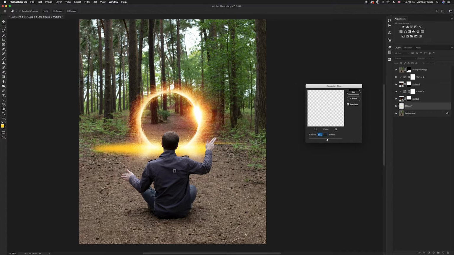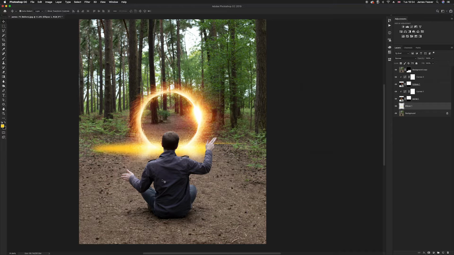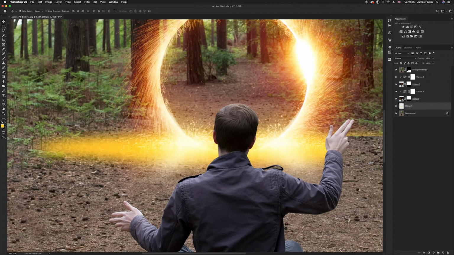Obviously we can move it around, so as you can see, if we add more, it adds more blur, and if we add less, it adds less blur. But around 50 pixels for this particular image I think works best. And as you can see, it's placed in here. Now obviously it's a bit too sharp at this point in time, and the colour is a bit too strong. We can either lower the opacity, or we can choose a different